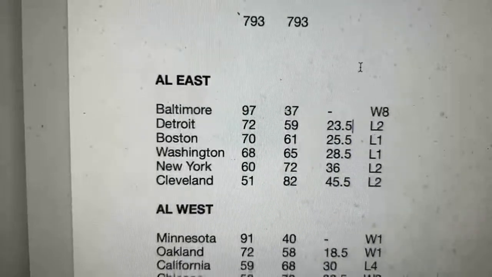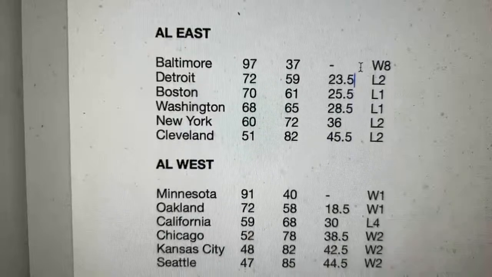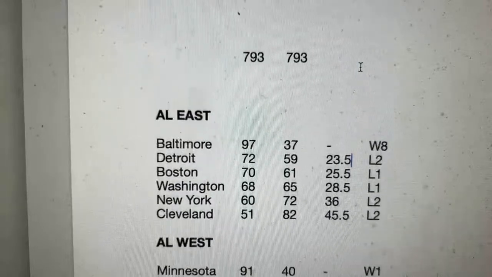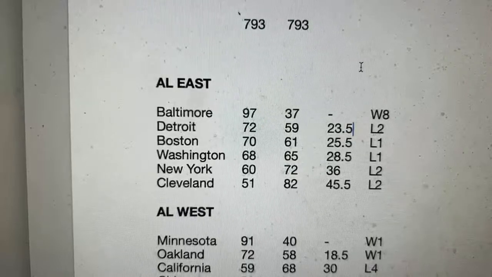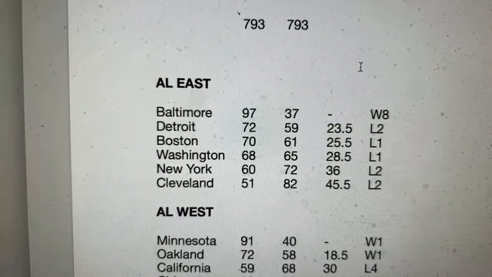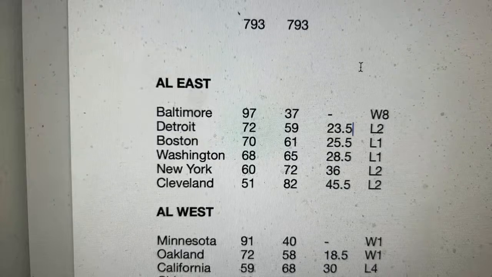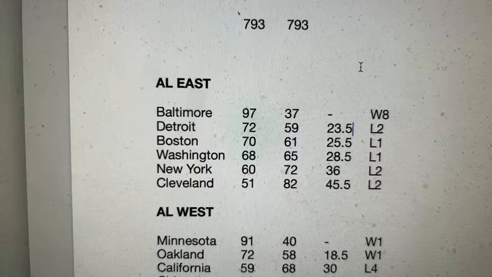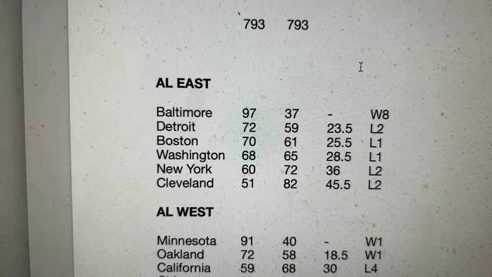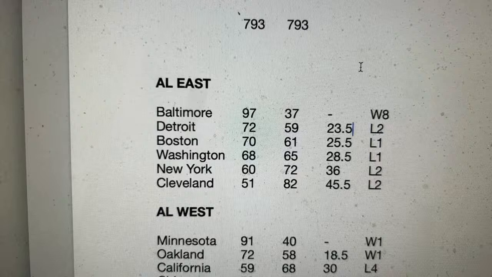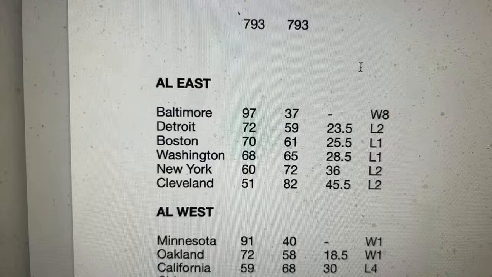NL. Now in the AL East, in the AL for both divisions, it's blowaway time. Orioles are just amazing. They've won 97 already. That's 120, 134. They have 28 games. I mean, if they play 500 baseball, 120, 134, in 28 games, they'll win 111 games. Okay? They've won 8 in a row.